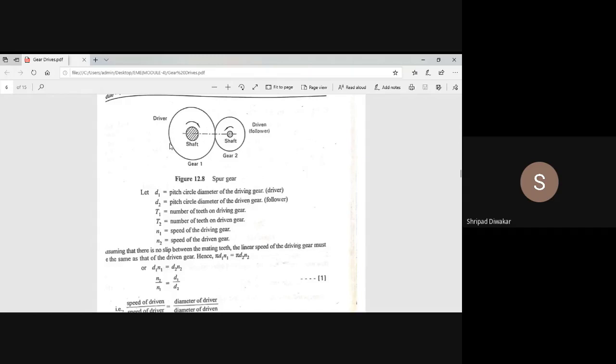There are two gears, one is the driver gear and one is the driven gear. D1 is the pitch circle diameter of the driving gear and D2 is the pitch circle diameter of the driven gear, T1 is the number of teeth on the driving gear, T2 is the number of teeth on the driven gear, and N1 is the speed of the driving gear and N2 is the speed of the driven gear. These are the parameters. Here the linear speed of the driving gear must be the same as that of the driven gear. Okay, so the linear speed,